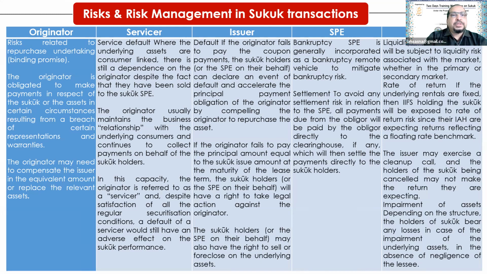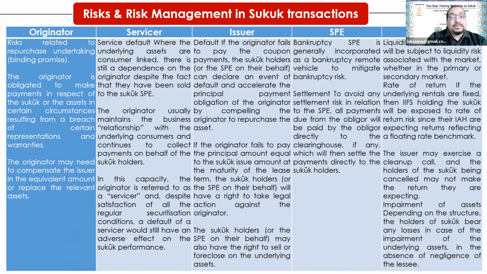If we start with the originator, one of the risks related to that is basically related to the purchase undertaking, which is a binding promise to undertake a purchase back. So meaning that it could be a risk to fail to execute the purchase undertaking upon maturity. That's number one. And as a result of that, the originator's obligation is to make payment in respect of the sukuk asset, as I mentioned,